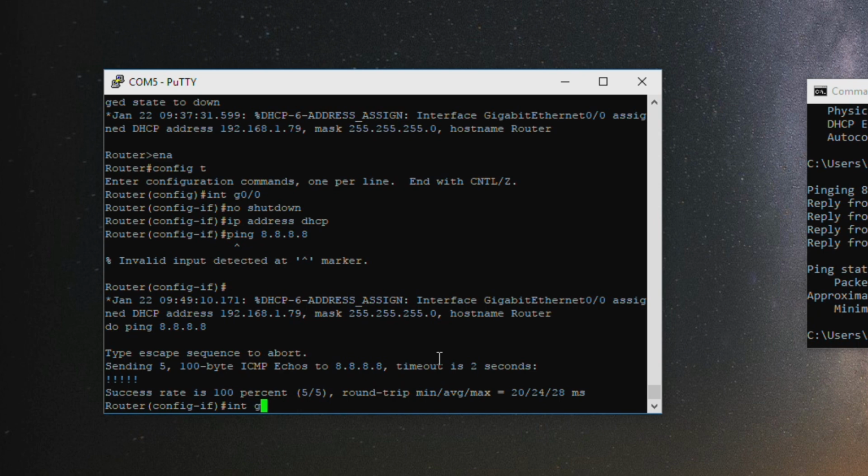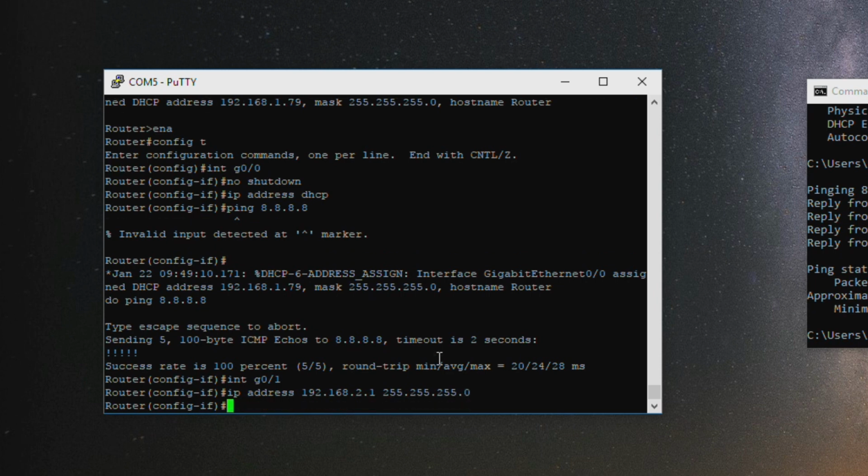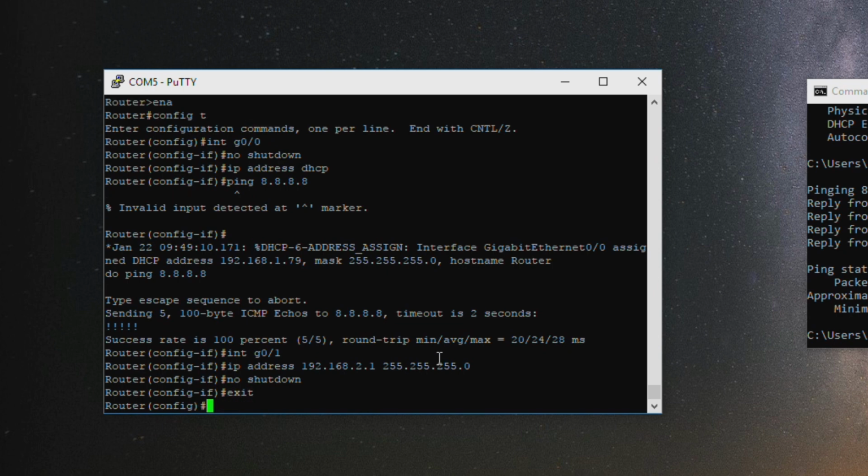I went to interface G0/1, and we'll set an IP address for that. In this case, it'll be 192.168.2.1, because I'm going to use the .2.0 network for my internal network. Anything coming off that ISP will just be in the 1.0 range. We'll do a no shutdown, exit,